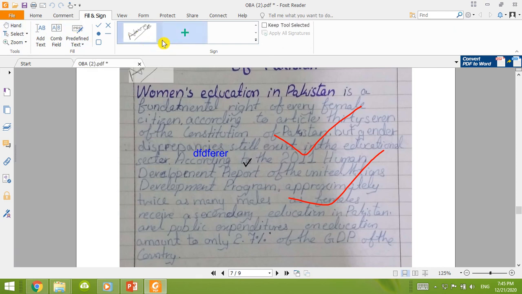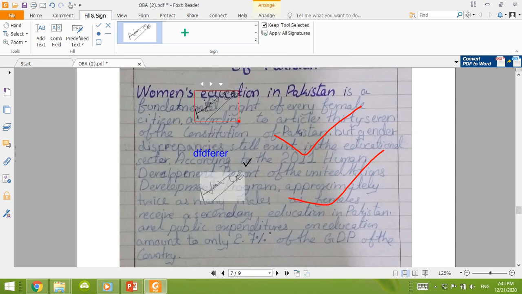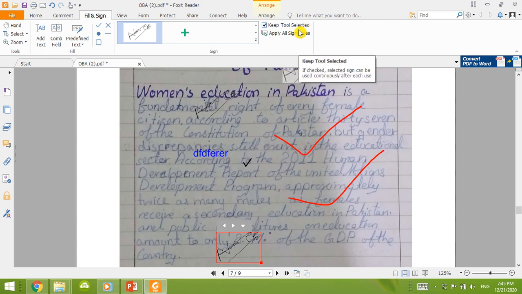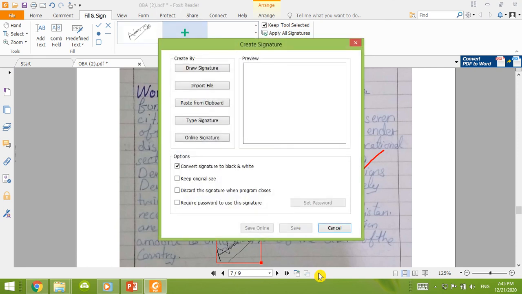I want to paste this signature. Keep selected. You can see the signature has been pasted here. You can also paste the signature here at the bottom as well. Wherever you want, you will have to keep it selected, then press apply for the signature. You can also use another signature. You can draw a signature.